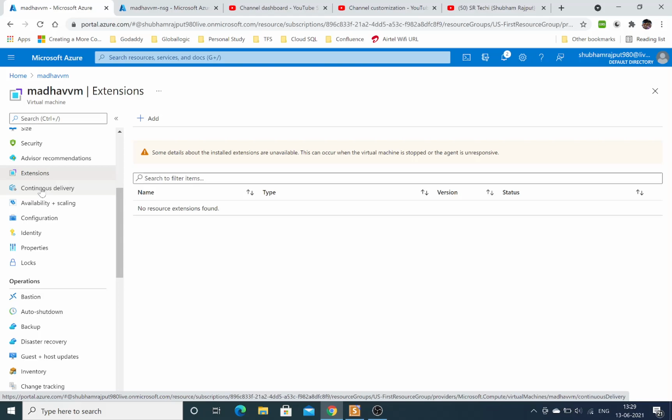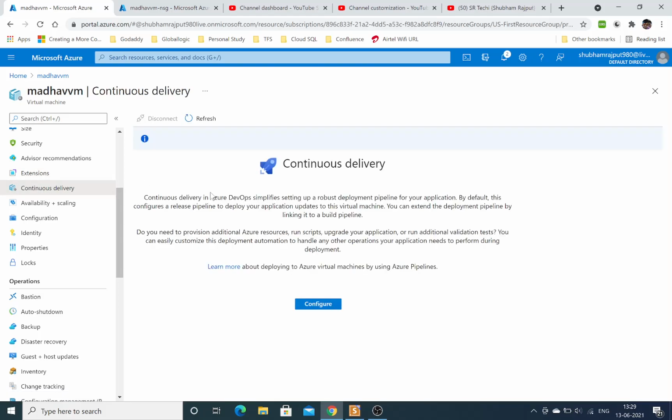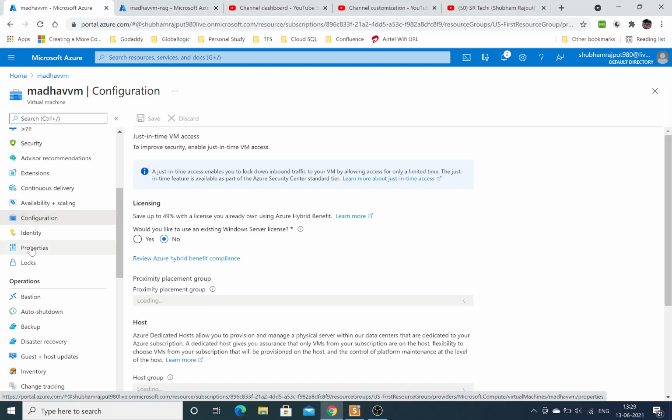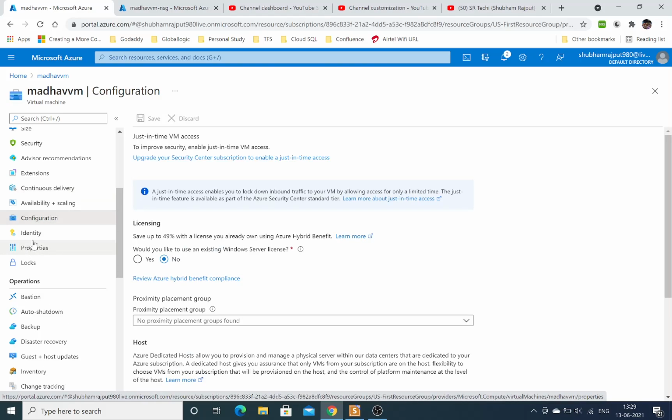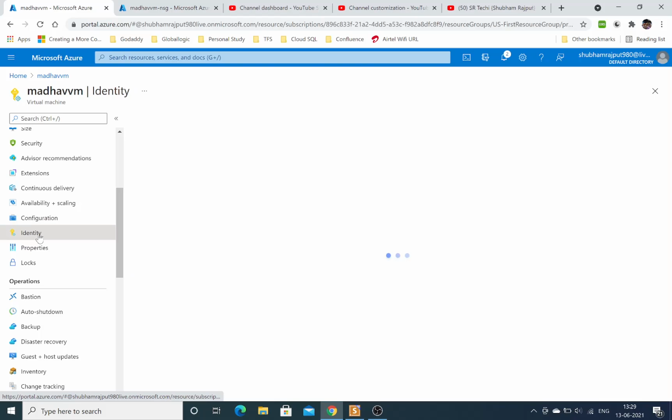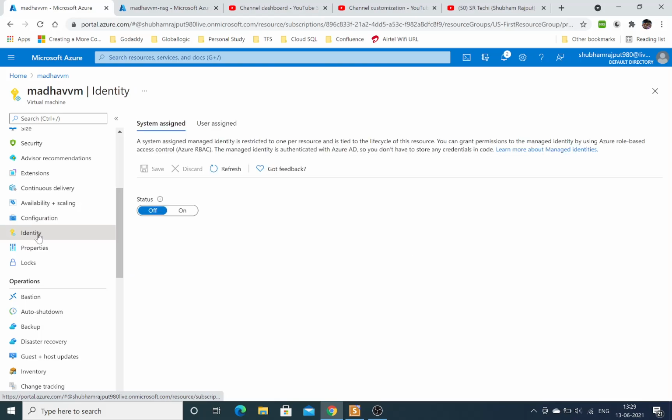Continuous delivery is basically a DevOps type of thing, a CD pipeline basically. Configuration is another available option. Identity is also available, system assigned or user assigned, basically Azure AD will be used by this machine, or if you have on-premises AD, you can also configure it by user assigned identity.